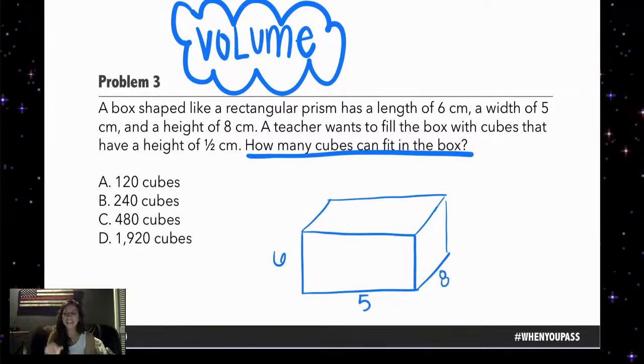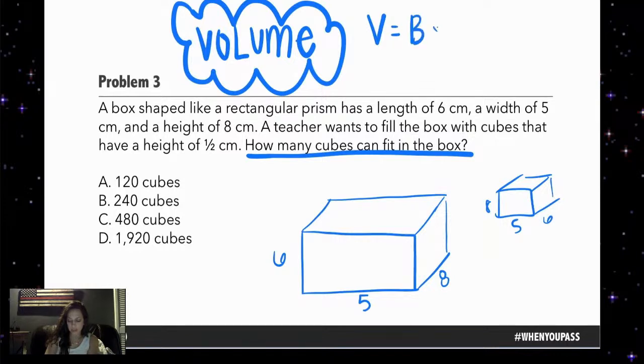In a rectangular prism, not pyramid, does it matter if I put the 6, 5, 8 there and you put the 6, the 8, and the 5 here? It really doesn't, because volume of any prism equals the area of the base times the height, and area of the base in a rectangular prism is a rectangle. So it's length times width times height, and multiplication is commutative. So it really doesn't matter. Just wanted to let you know that.